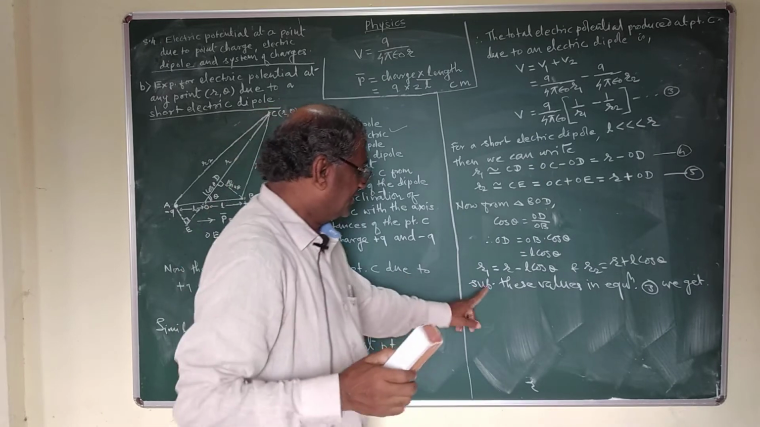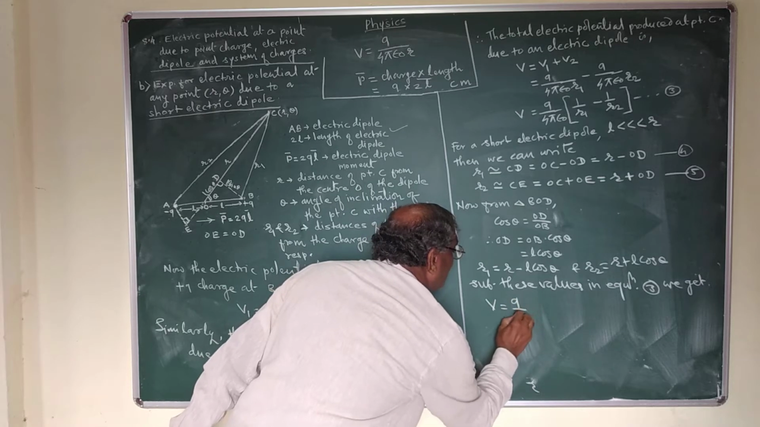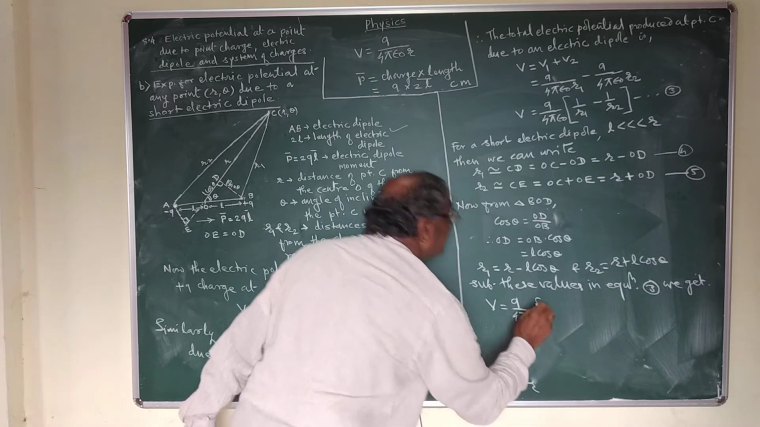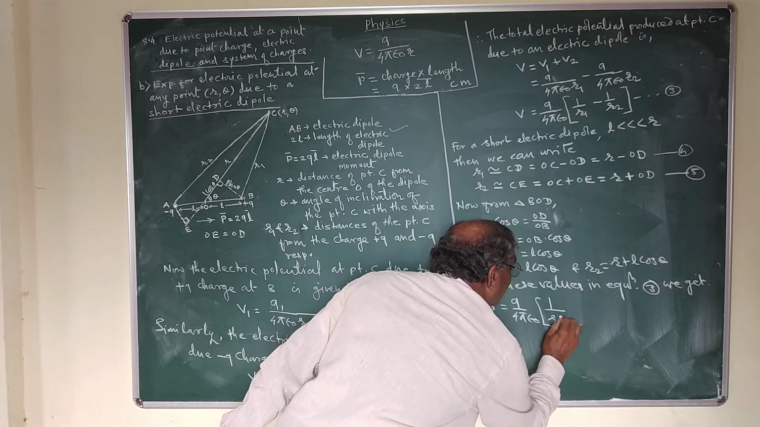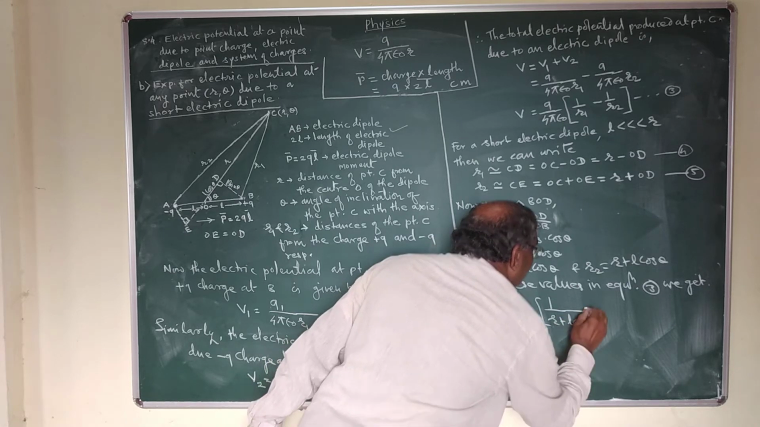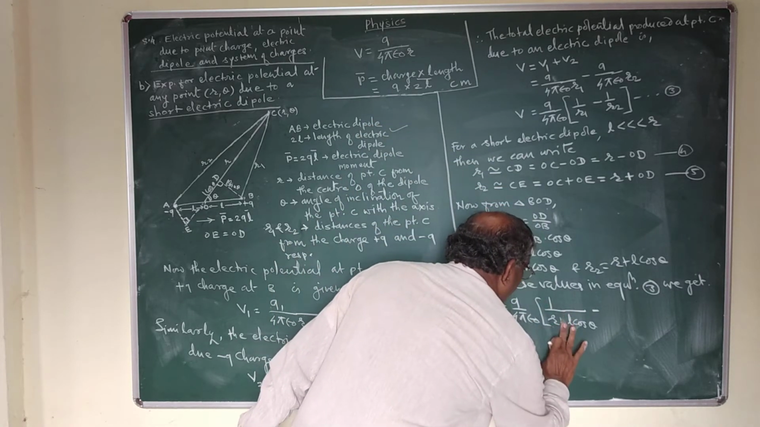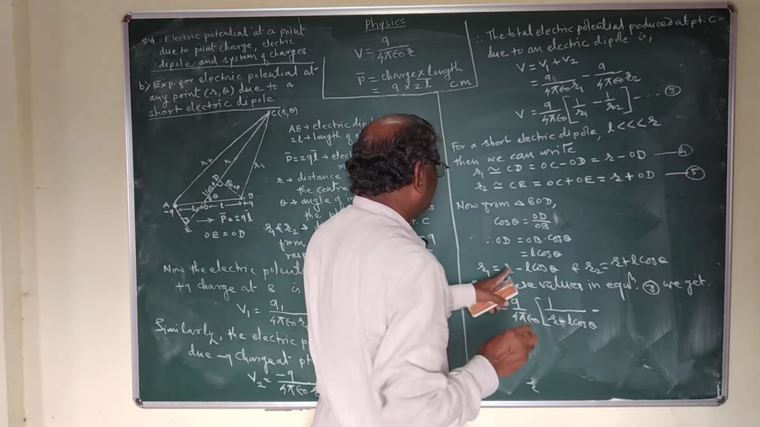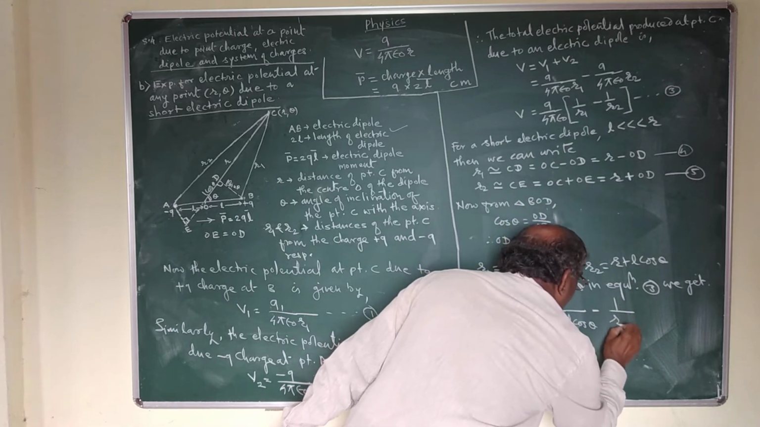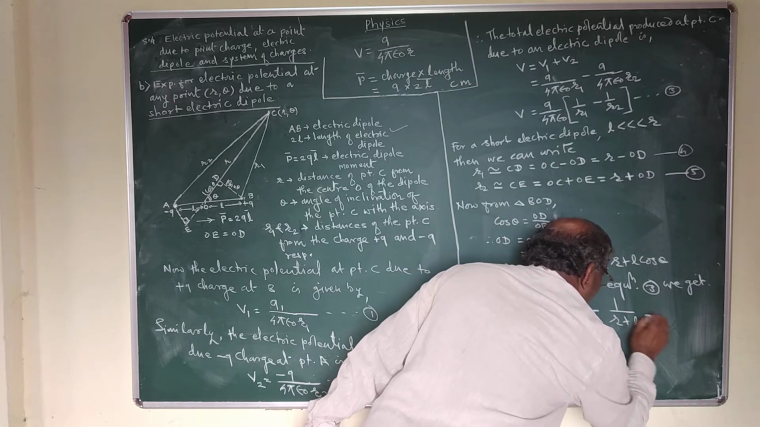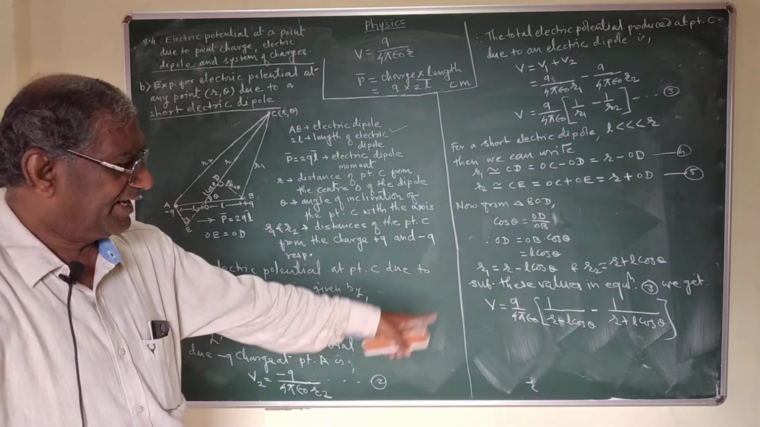We get V is equal to Q upon 4 pi epsilon 0 in bracket, 1 upon R1, that is R minus L cos theta, minus 1 upon R2, that is R plus L cos theta. Now taking LCM we get,